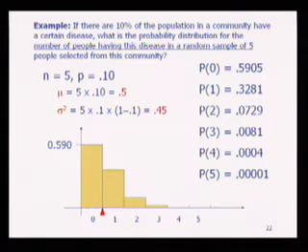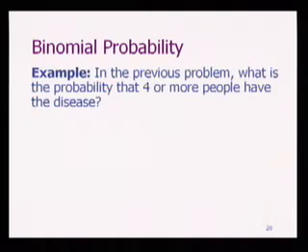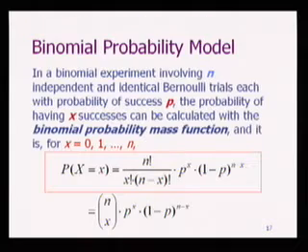Yes? So this binomial probability is only used when you have a binomial experiment, success or failure. Yes. When you have a binomial experiment, you can always use this binomial probability model to model that type of problem and to calculate any kinds of event. How do you distinguish if it is a binomial probability? Well, remember, just now, let me go back to that. If you have a binomial experiment that involves n independent and identical Bernoulli trials, and you're interested in observing the number of successes in the Bernoulli trials, that's a binomial experiment, okay?